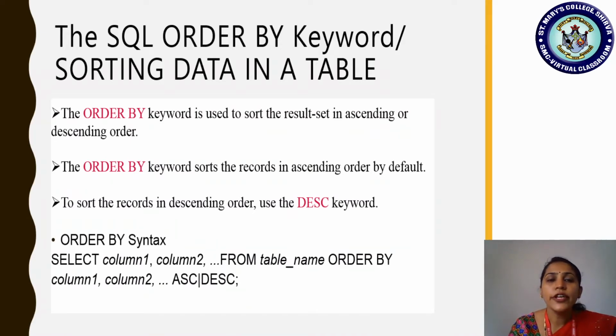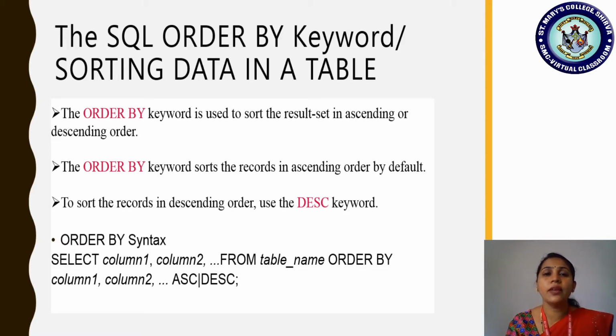Select, followed by what we should mention, which are the columns you are interested to view. If you don't want to view all the attributes, and you are sure you want to view only particular attribute information, then you can mention column 1, column 2, whichever columns you are interested in. If you want to view all the columns, all the attributes, you include the asterisk symbol, right? Yes. So select column 1, column 2 from.